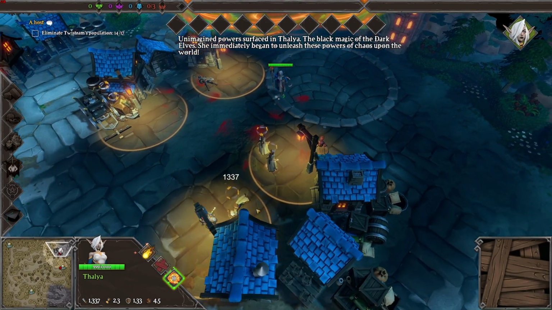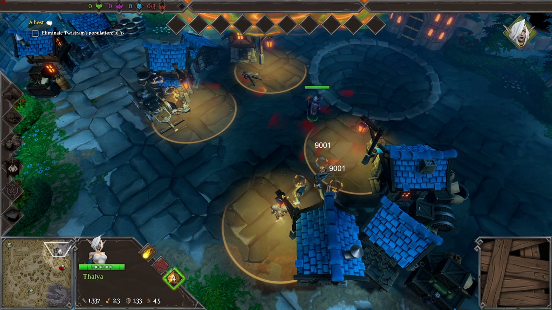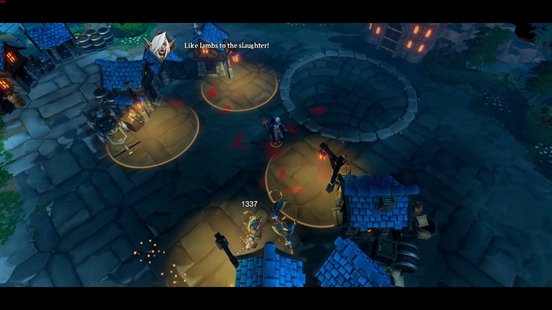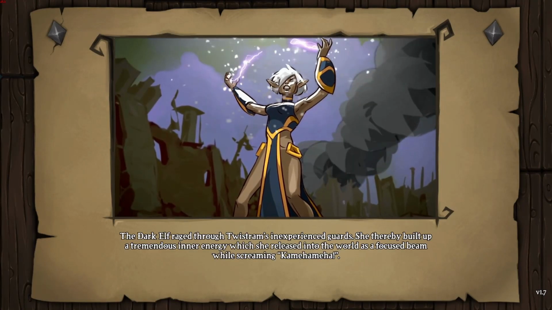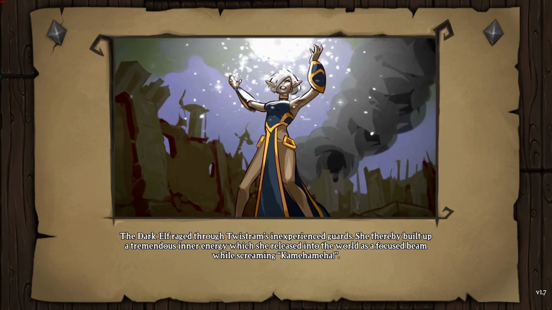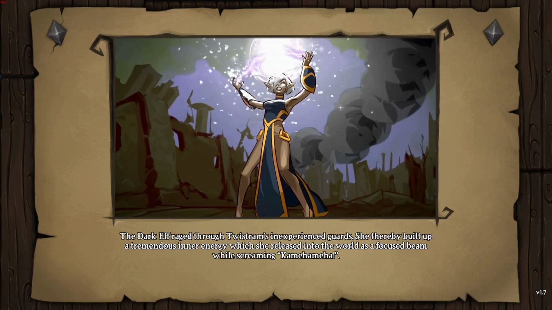Unimagined powers surfaced in Thalya, the black magic of the dark elves. She immediately began to unleash these powers of chaos upon the world. Like lambs to the slaughter, the dark elf raged through Twistrom's inexperienced guards. She thereby built up a tremendous inner energy, which she released into the world as a focus beam, while screaming,